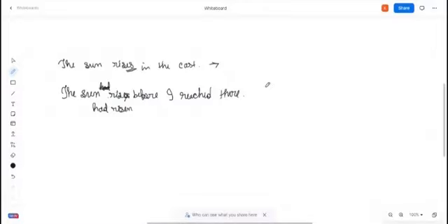Here, what I was saying is "had risen." That's the correct sentence only. It cannot be "rises" anymore. It can only be "had risen." That's fine here. I don't have any problem with it. Then why do you have a problem with this one? "The house belongs to him since his birth."